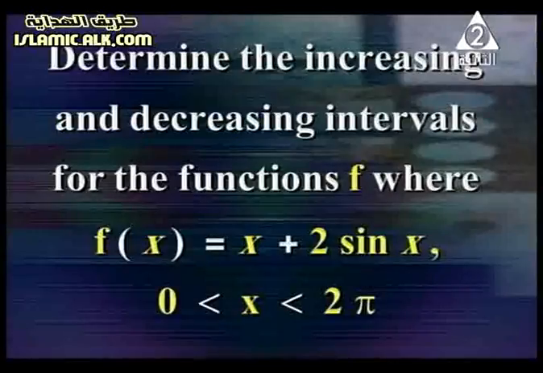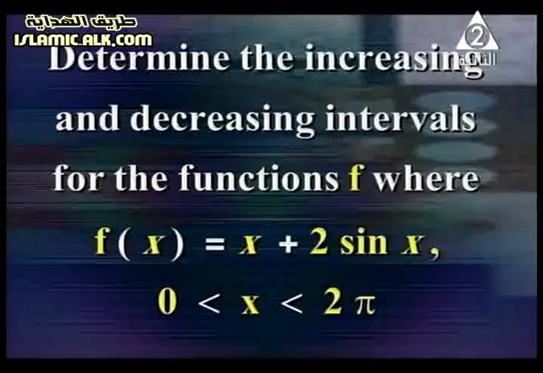Remember, x is more than 0 and smaller than 2π. What are the steps of the solution? Excellent, student. At first, we find f dash of x. After that, we put f dash of x equals 0. Then find the value of x which makes f dash equal 0, and investigate the function f dash of x in all intervals to determine whether the function is